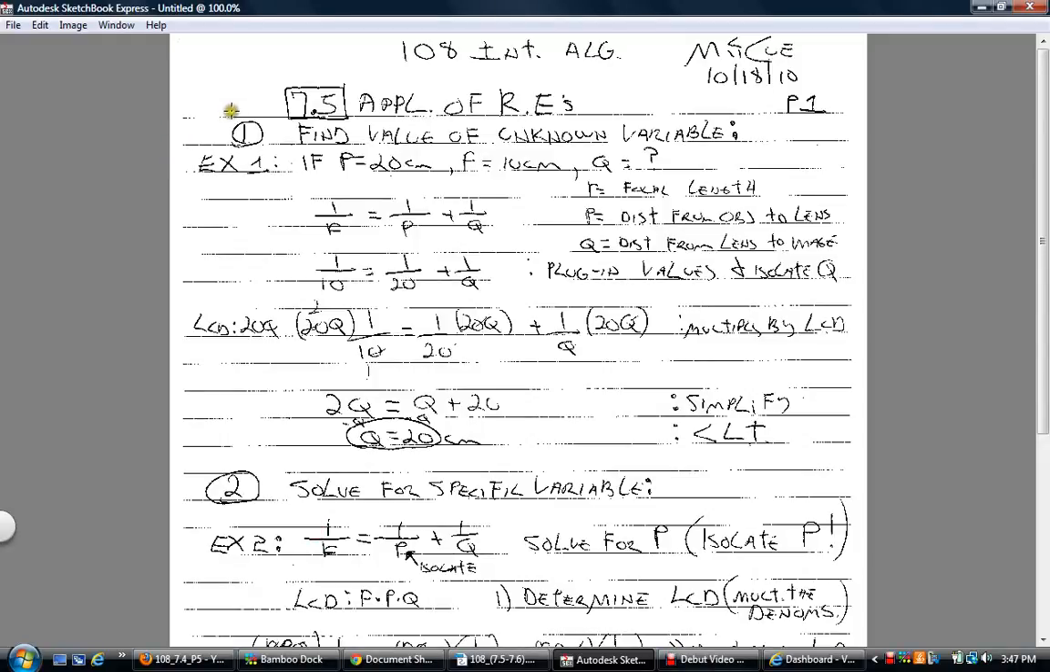Welcome to section 7.5. We are going to deal with some application problems with rational expressions, rational expression equations, and page 1, of course, we're going to tackle that first. The best way to work on some of these problems is to have your book with you and look on page